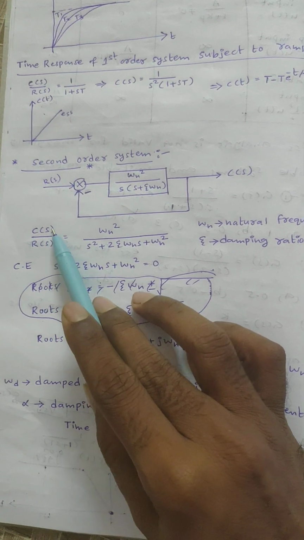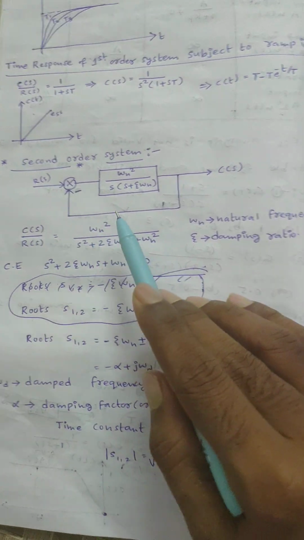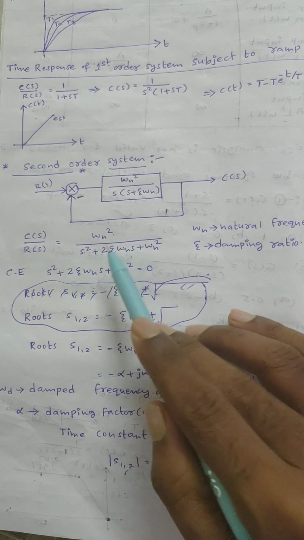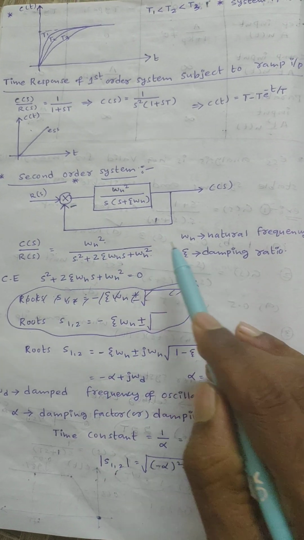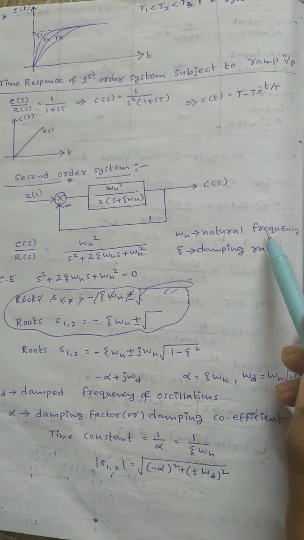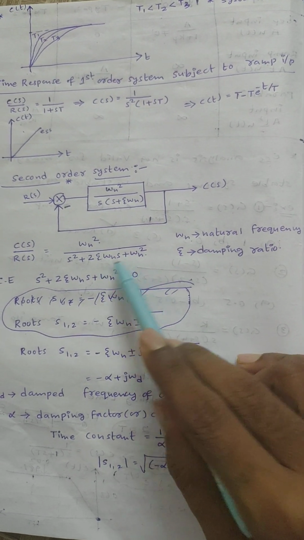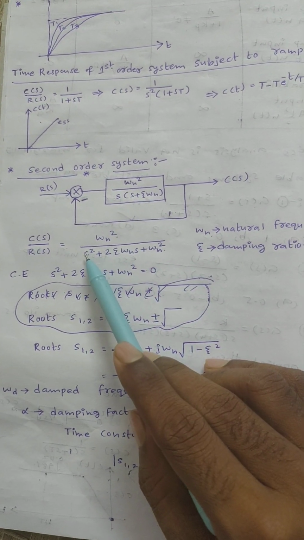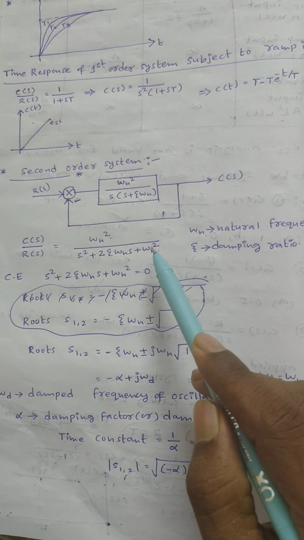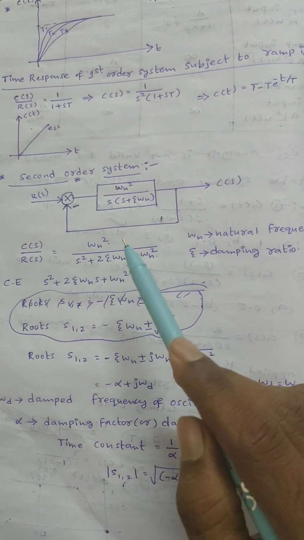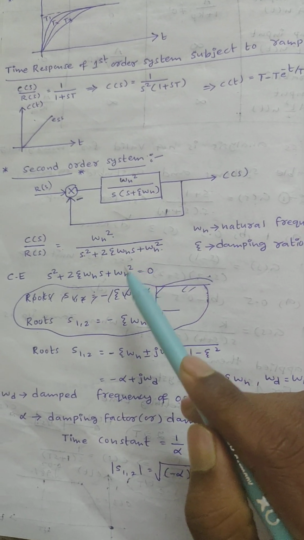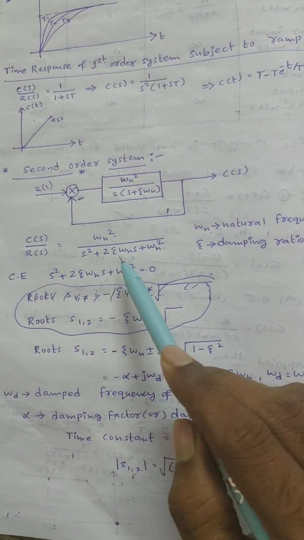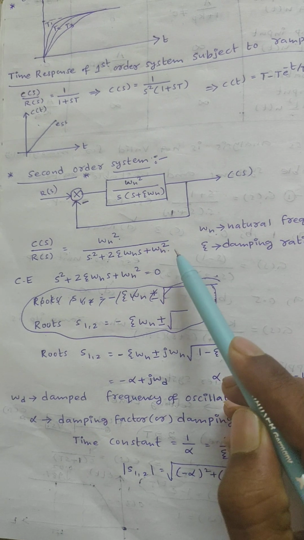Then the transfer function C of s by R of s is equal to omega n square by s square plus 2 zeta omega n s plus omega n square. Here omega n is the natural frequency and zeta is the damping ratio. From this transfer function, G of s by 1 plus G of s into H of s, the denominator is 1 plus G of s into H of s. That means the characteristic equation is s square plus 2 zeta omega n s plus omega n square